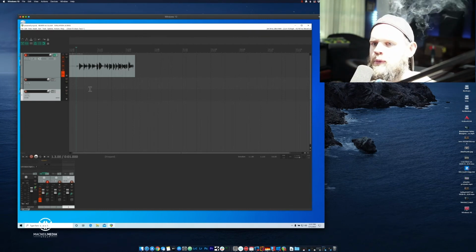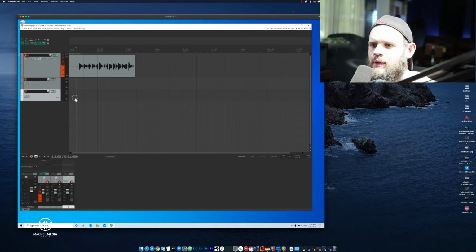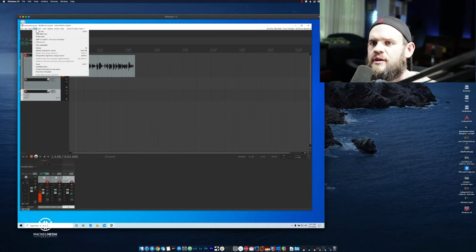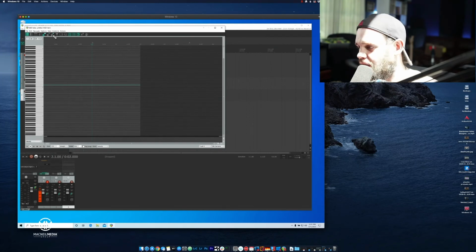So this is Reaper. We can also add virtual instruments like in Studio One, and we can have our pianos, and we can have our synthesizers and all that jazz. I'm not sure how we insert MIDI here, but you can insert MIDI here. Maybe, wrong menu. Insert new MIDI item. There we go. So now if I open this up, we have our MIDI roll, but in Reaper,